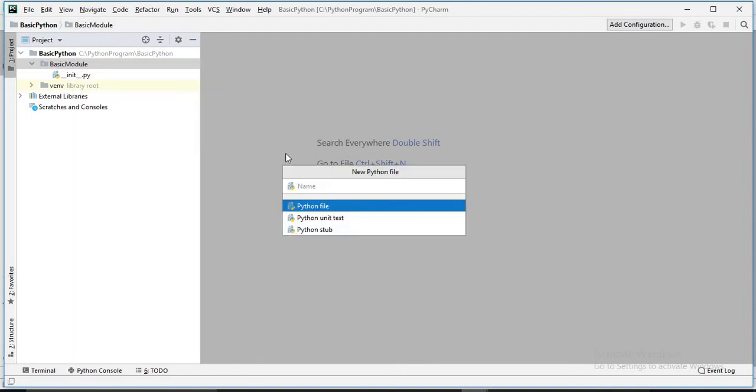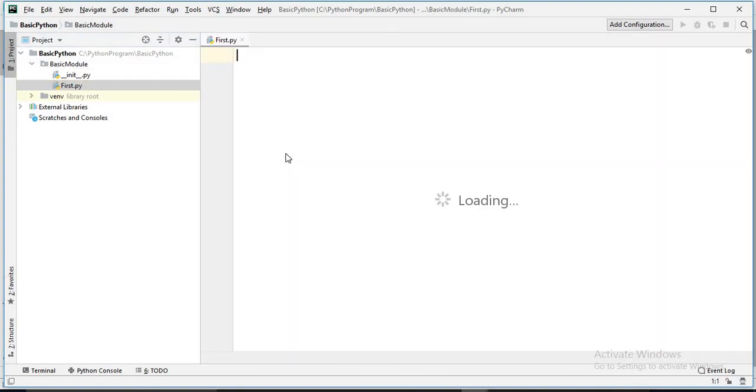The Python file, let's suppose, we can call basic only, or first. So it will create it. Now here we can write if 3 is greater than 2, then print. What will we print? We'll print welcome.